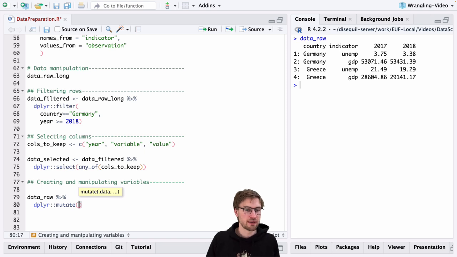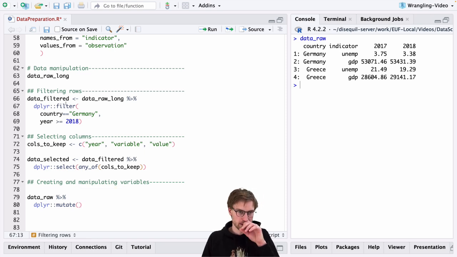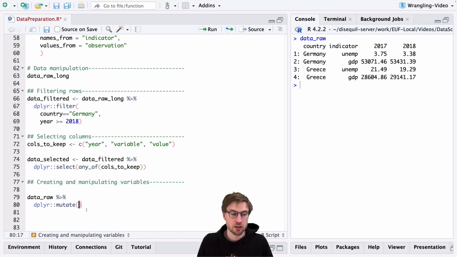You use mutate the same way as you use the select function or the filter function, first argument always being the data set on which you operate. As I said, I like this notation using the pipes where I say, okay, this is the data set I start with. I throw it into the next line by the pipe. So it implicitly is the first argument passed to mutate. So now I can start with the second argument of mutate. And the second argument of mutate is not an argument in the traditional sense, but it's an operation, namely the operation of creating a new